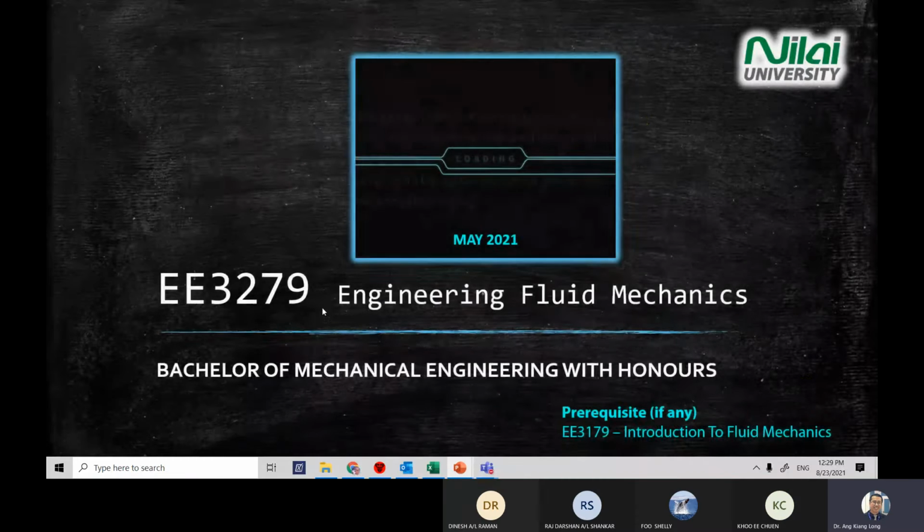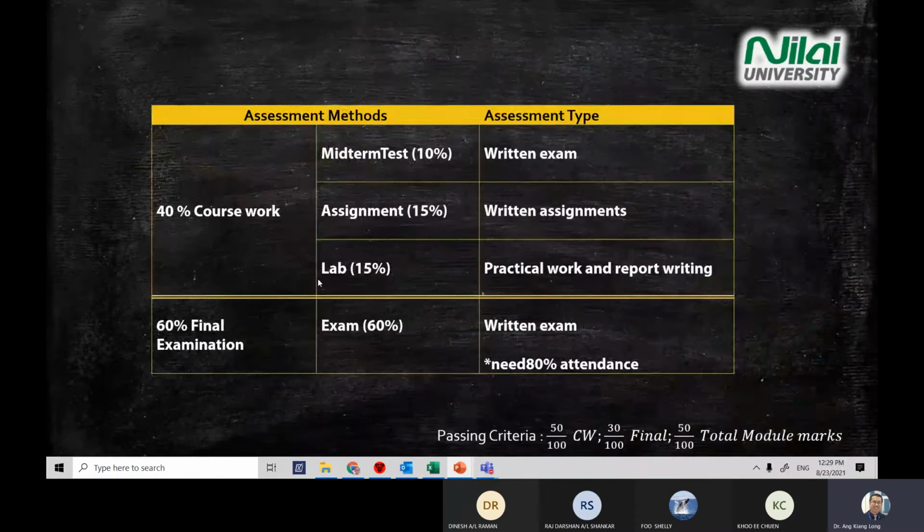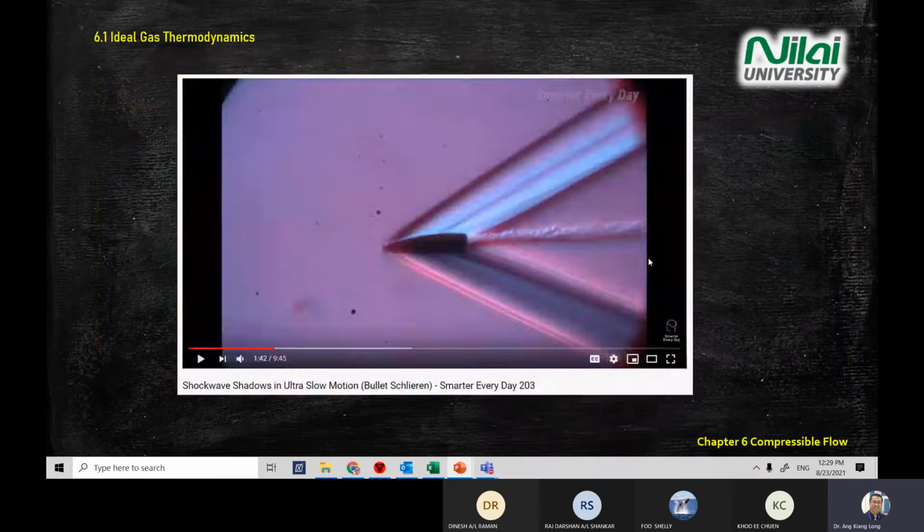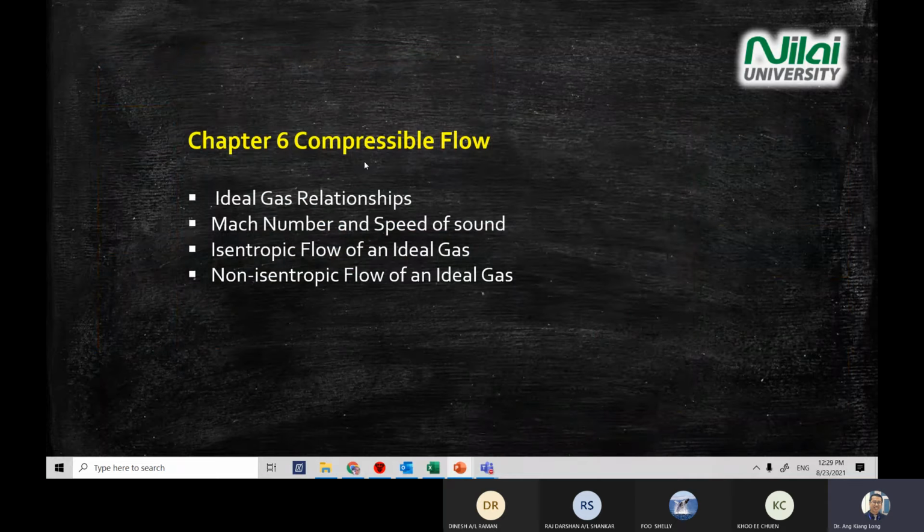Okay, today new chapter, we did chapter 6. Chapter 6 is more on the isentropic or compressible flow. So in chapter 6, we look at 4 things: ideal gas, Mach number, isentropic, non-isentropic. So one